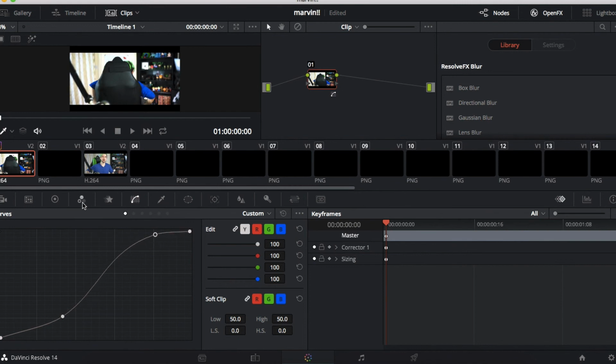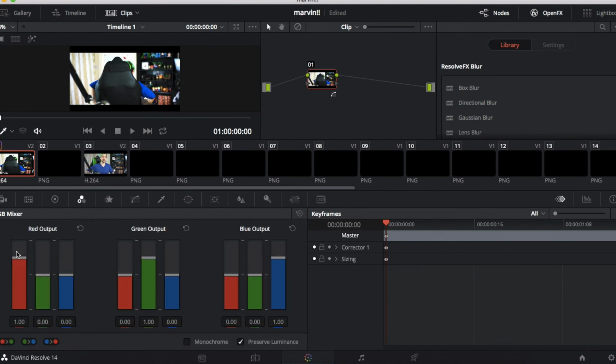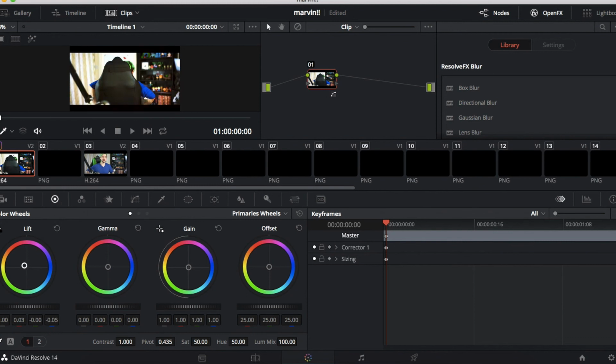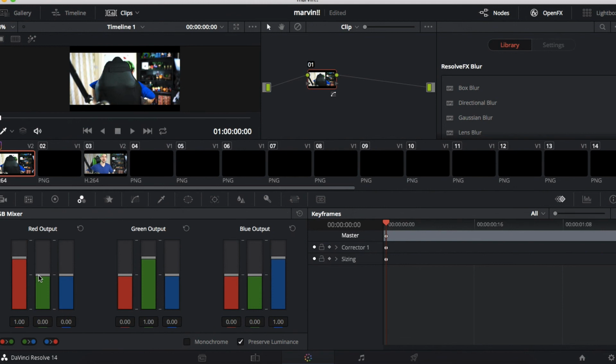Now you can also go to the RGB mixer, and there you can turn up the colors of certain things or bring them down a bit. You can also go next to the color wheels, and specifically when it's color, you can move it around there too. For this first part, I want it to be a little bit more